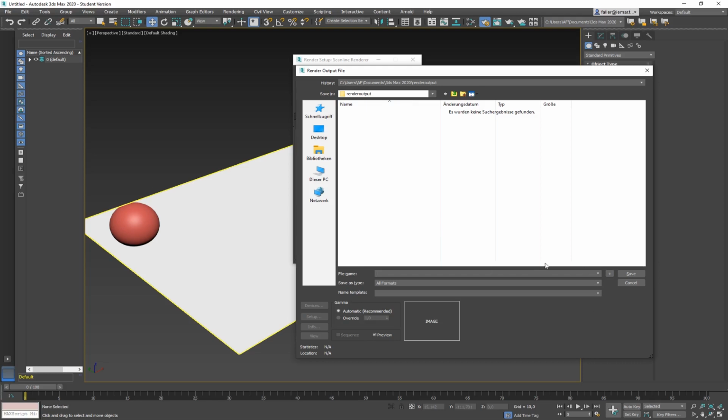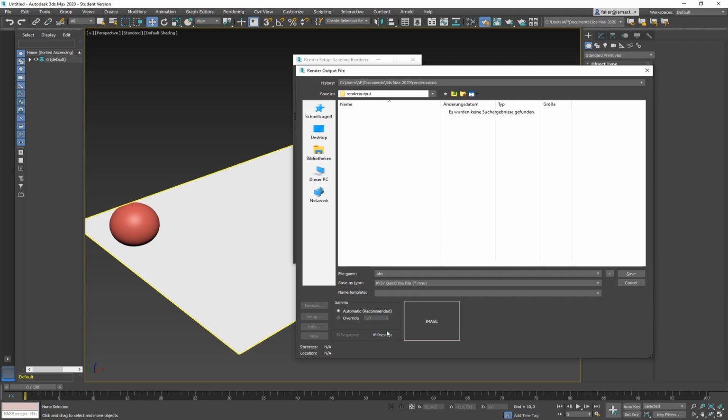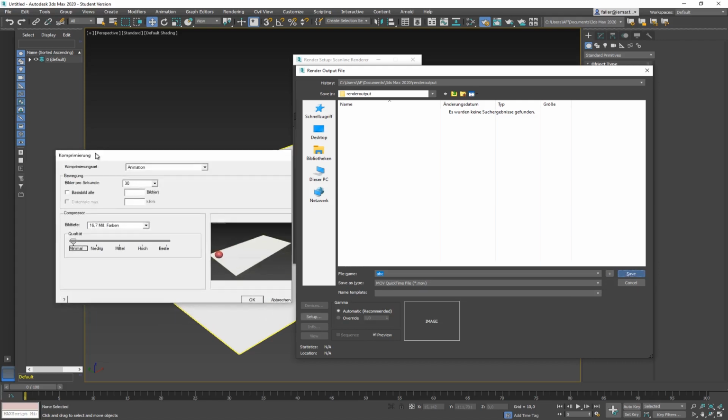I'm going to put it into render output. I call it ABC, and the format that I'm going to use is a simple MOV or AVI. So I'm going to use a MOV. On some versions, the MOV does not work quite well, so then you would go for an AVI, for example. I'm going to save it as a MOV, ABC. When you hit save, it usually jumps into a setup window